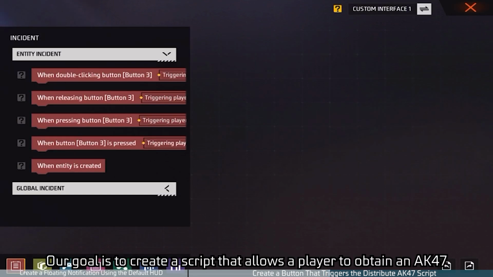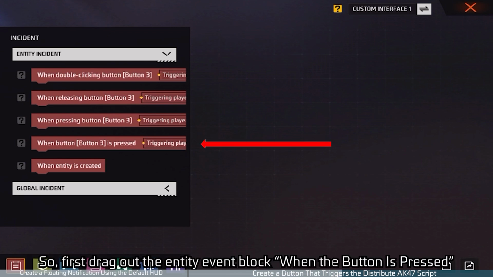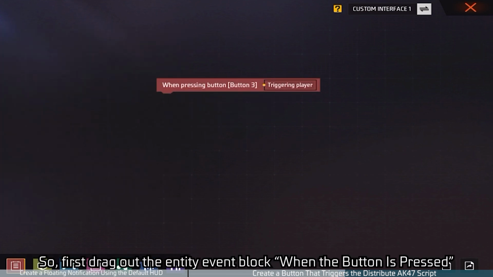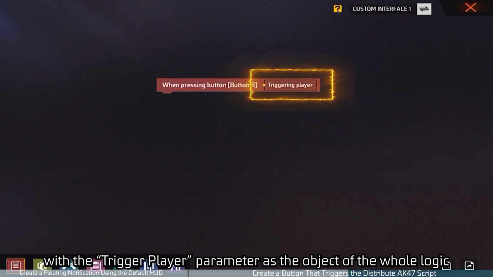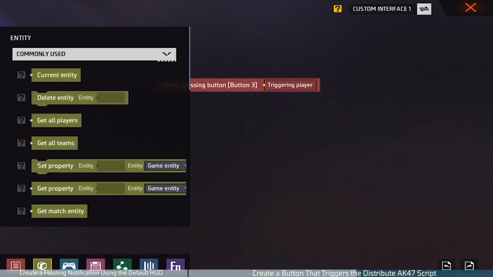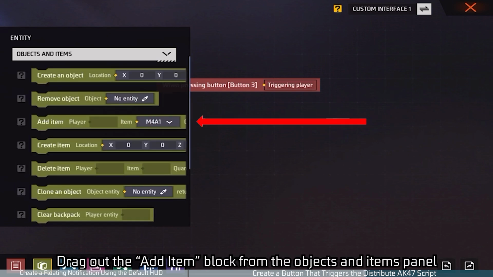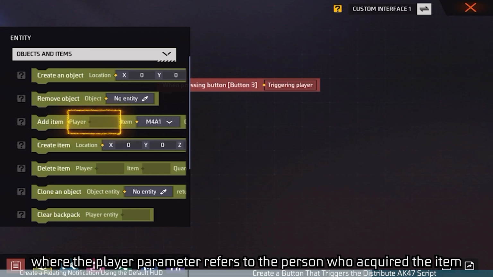Our goal is to create a script that allows a player to obtain an AK-47 by pressing a button upon joining a match. So, first drag out the entity event block when the button is pressed, with the trigger player parameter as the object of the whole logic. Tap on the entity block page. Drag out that Add Item block from the Objects and Items panel, where the player parameter refers to the person